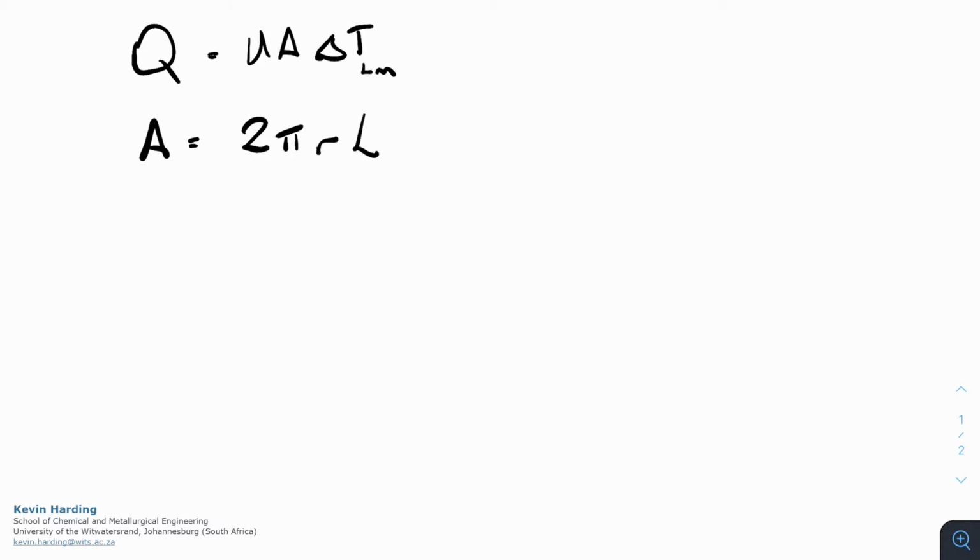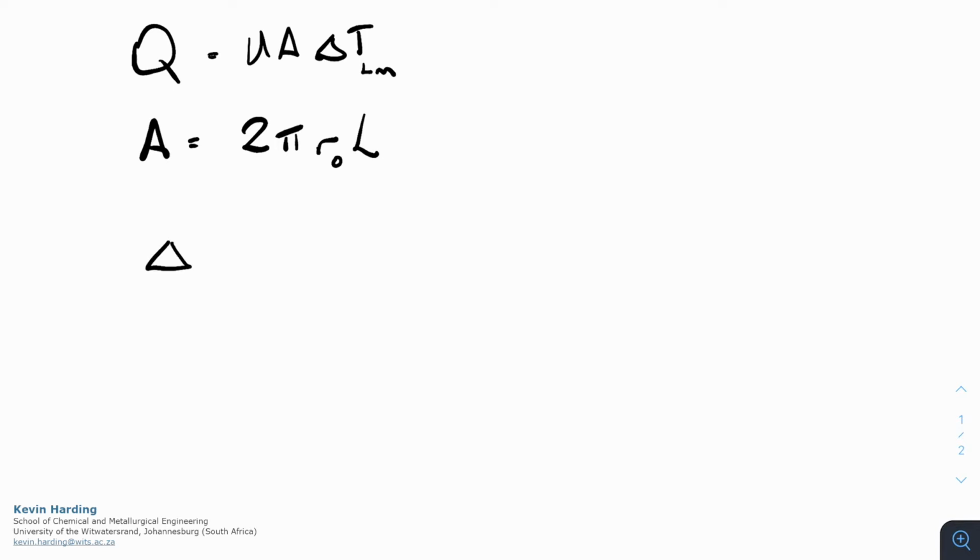Because this is a heat exchanger question, we are going to jump straight into the heat exchanger equation, which is Q is equal to UA delta T log mean. So we need the delta T log mean in this one, and not just a delta T. The area that we are going to be using is 2 pi r L. If we look at the question, it said that the overall heat transfer coefficient is based on the outside. So that means this radius is O, which I will use for outside.